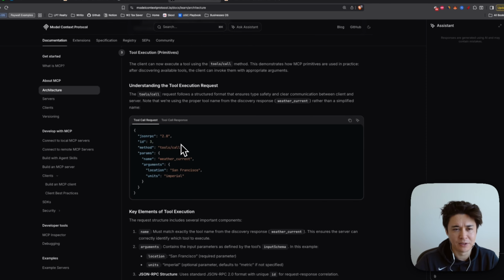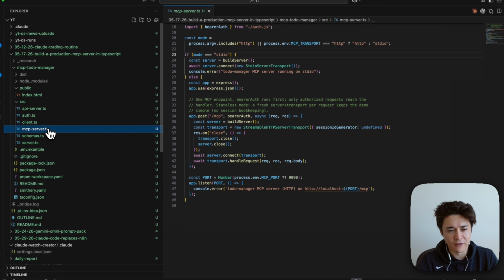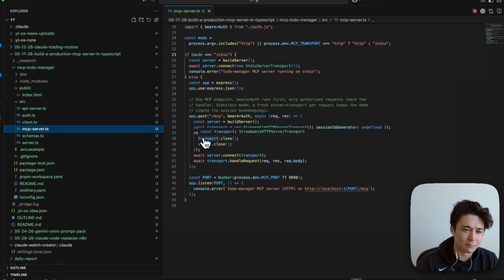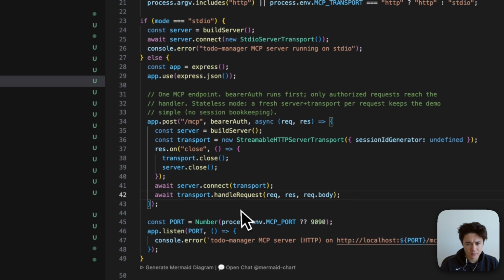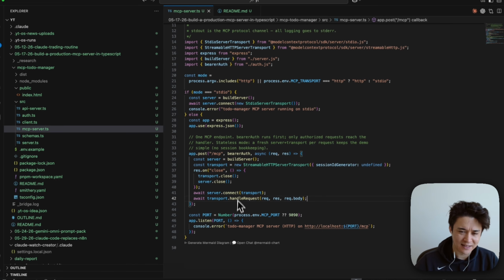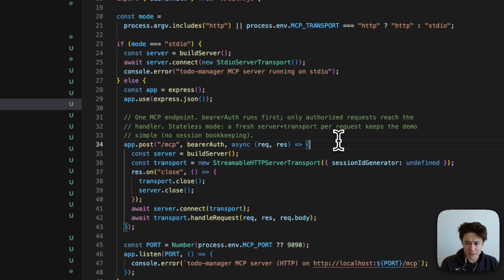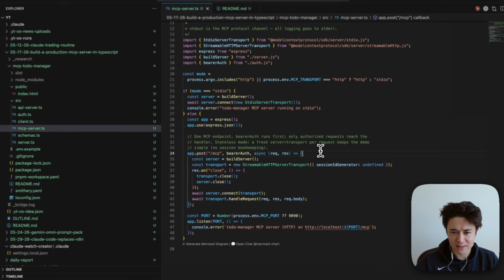Now that we've established some basic understanding of what is happening under the hood with MCP, let's go back to our real world example and start digging into the code. The first file we're going to dive into is mcp-server.ts. All this file is, is an entry point with /mcp, which acts as the entry point of the MCP